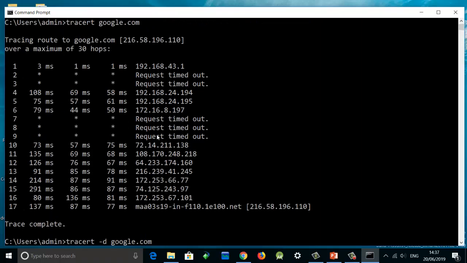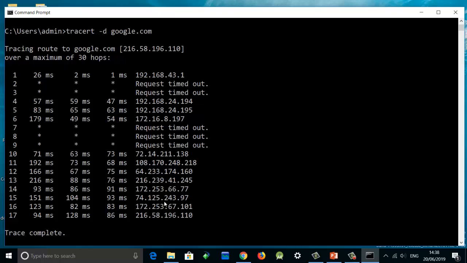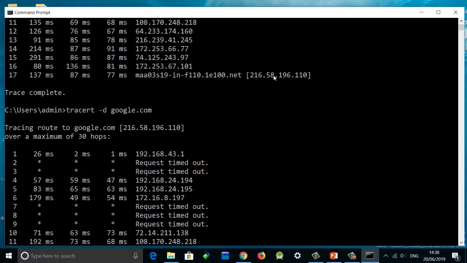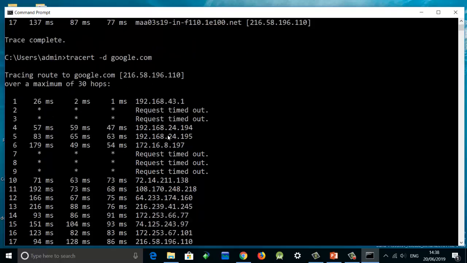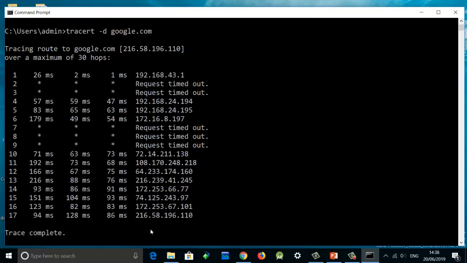Each time it takes 17 hops. Here, without the -d option, it has resolved the IP address to the host name. Now using -d, it is simply showing the IP address. With -d we prevent the traceroute from resolving IP addresses into host names.